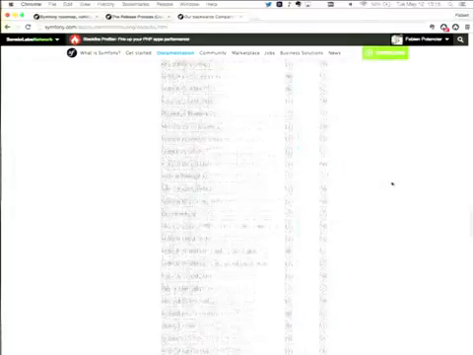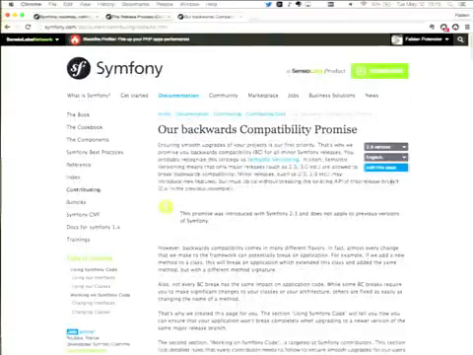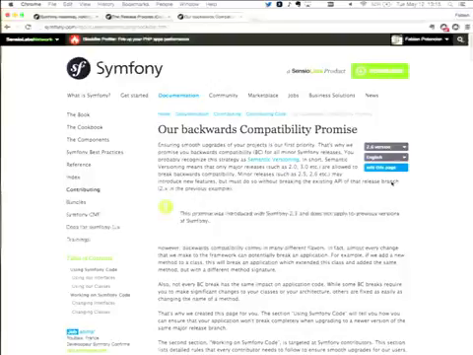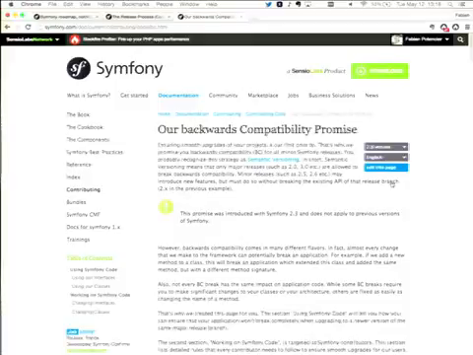I highly recommend you read this document if you're working with Symfony, because it tells you everything you need to know about backward compatibility in the Symfony world. And by the way, it took us a lot of time to get to this point. So if you want to do the same, you can probably just copy and paste what we've done and adapt it to your project. It's open source, so feel free to get inspiration from what we've done.